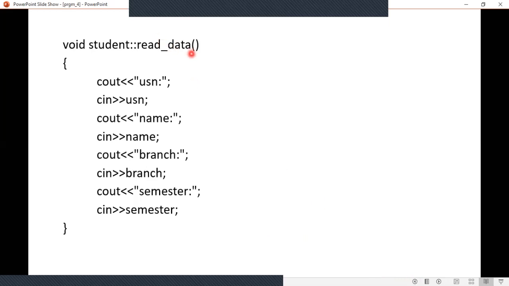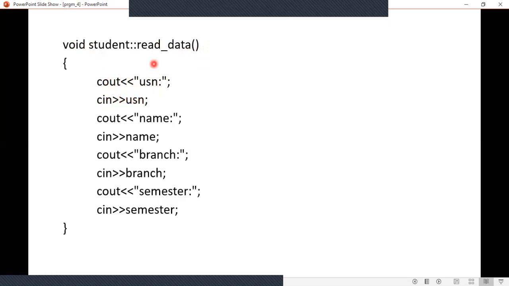Read data, void student read data. What you are doing in reading, usually from the keyboard you are going to read it to the variables, right? cout USN, that is it will print this USN in the terminal, and then you are inputting the USN from the keyboard.